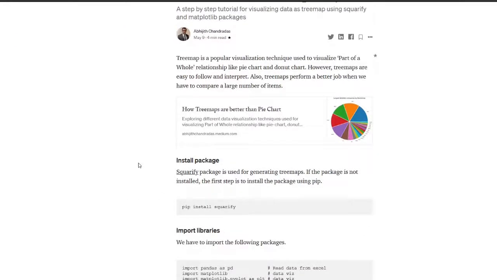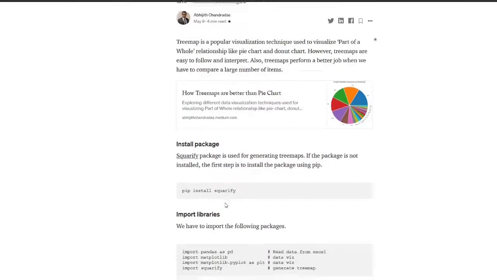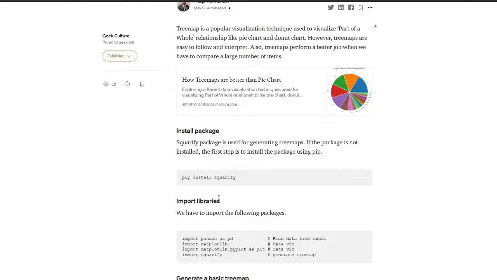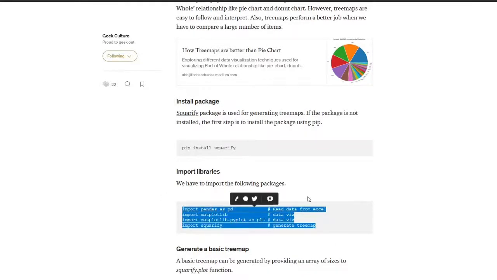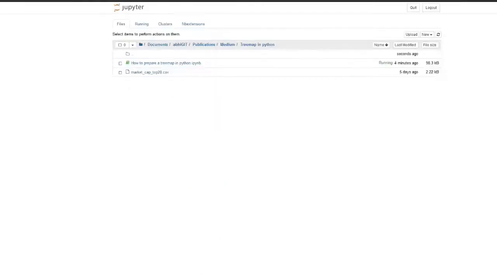So I will be using a Python package called Squarify to generate a tree map. Okay, so these are all the libraries which are required. I'll copy it and start a new Python notebook.